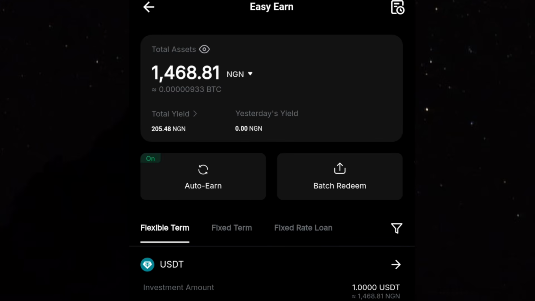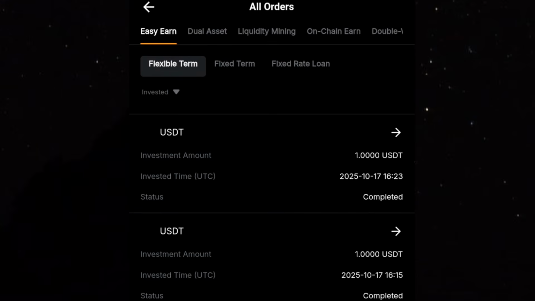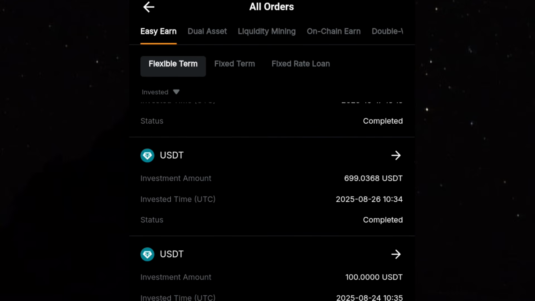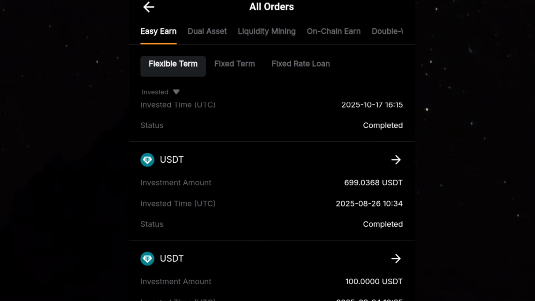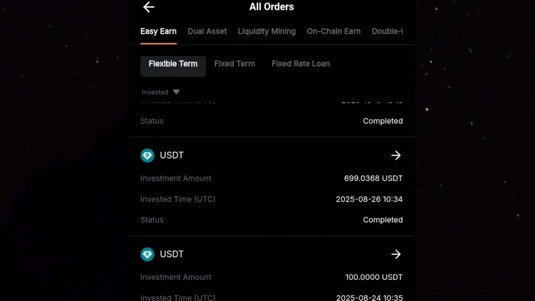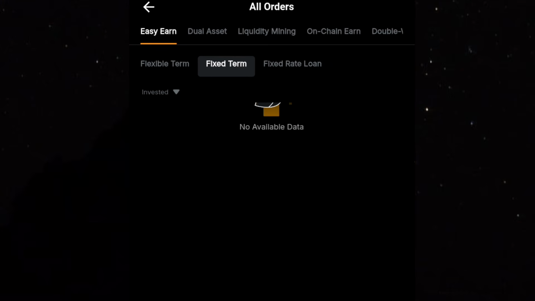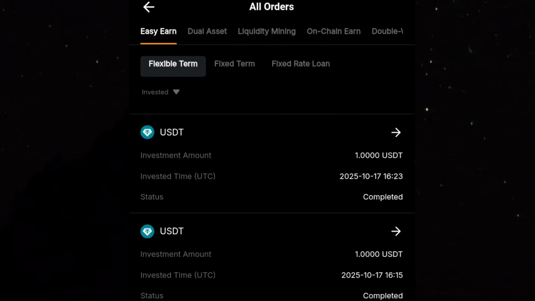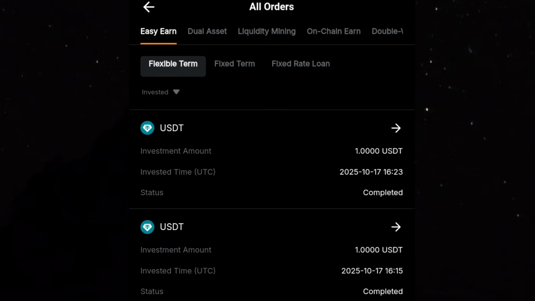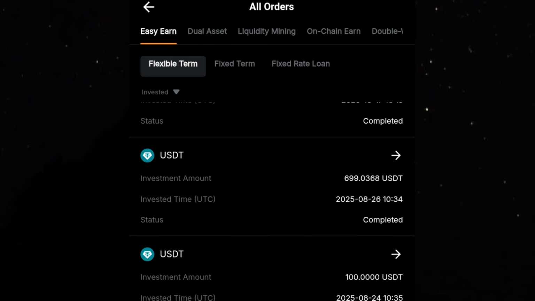So on this area, I'm going to click on that sign and you can see all orders. Let me go down a little bit. You can see on this area, this shows some rewards. Let me scroll down. So this area simply shows when I've invested in this product. You can see